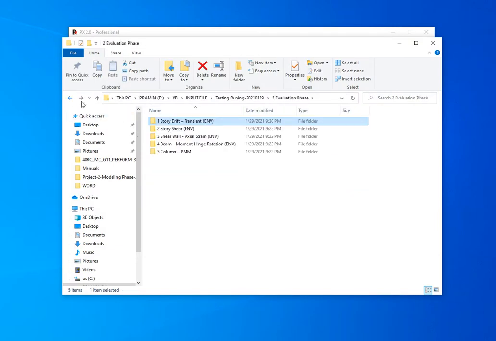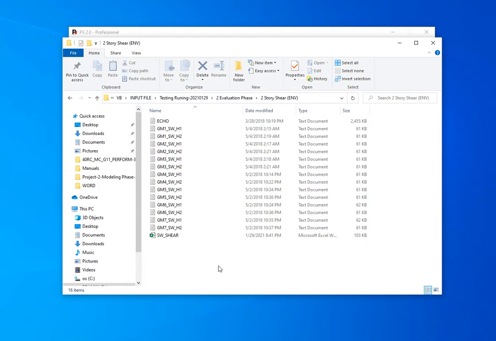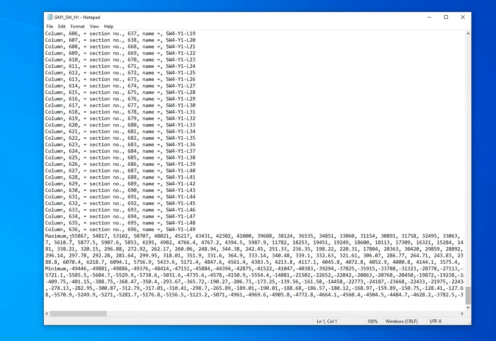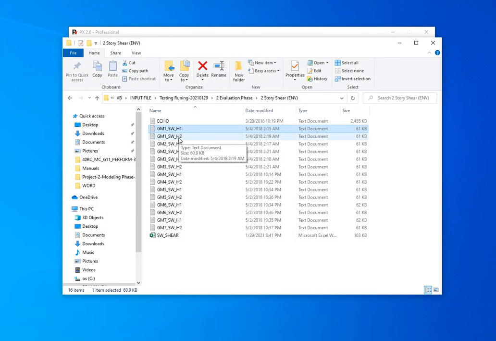The second task will be shear wall shear. Again, for shear wall shear you need to prepare two types of input file. First is the section cut result of the shear wall. This is the result from the section cut for the shear wall, or for all section cuts. The second file is the echo file obtained from the Perform model folder.